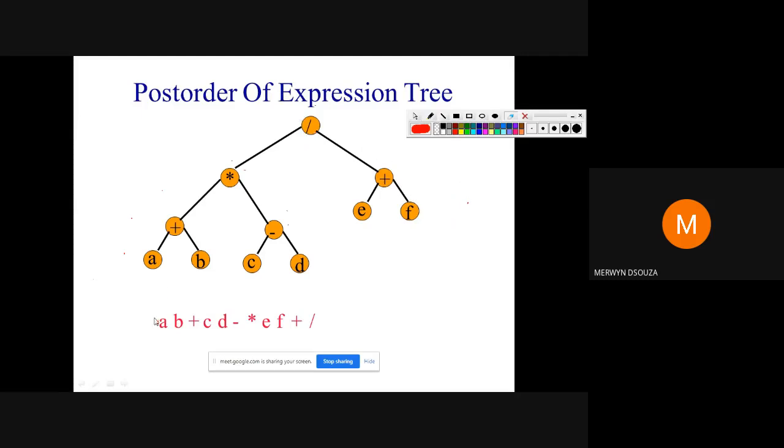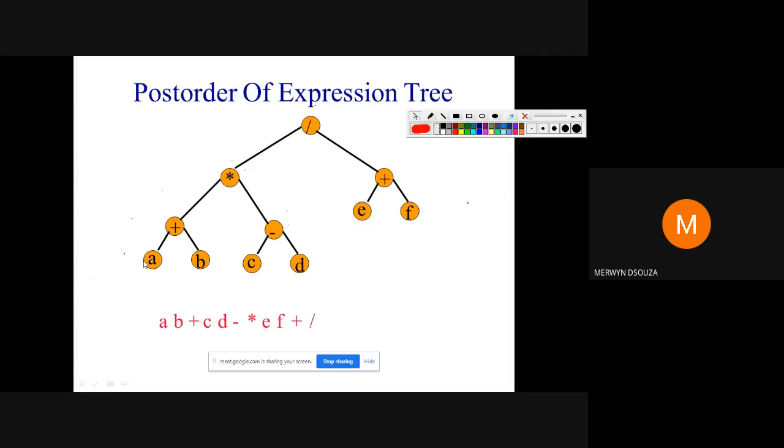So as you can see here, when you do the traversal in post order, you get a postfix expression. You can see all the operators are coming after the operands. So this is your postfix expression actually. Whenever you're given an expression tree, depending on the traversal that you do, that kind of expression you get. If you do a pre-order traversal, you get a prefix expression, in-order then infix expression, and post-order then postfix expression.